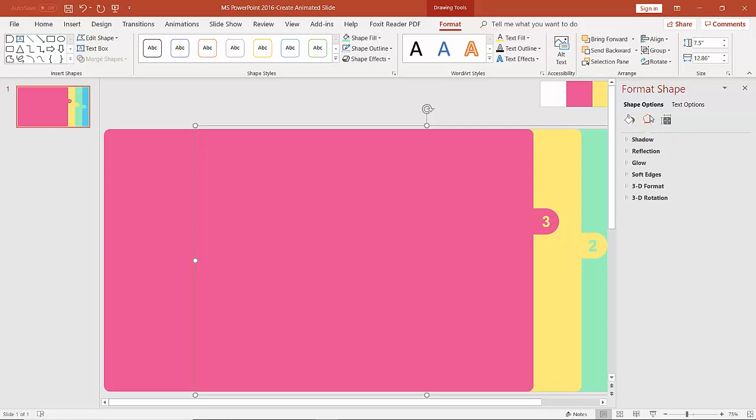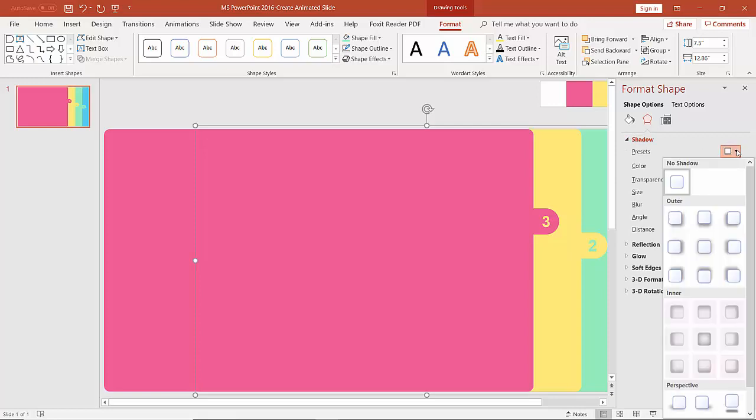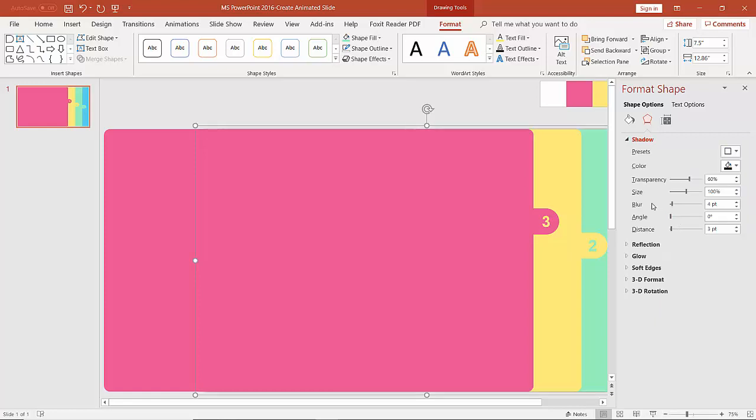Okay, now we need to click on shadow and we can define some presets. So we can click on here and we can choose, let's say, this one looks perfect, or we can choose this one, and I think this one is looking perfect, so we can choose this one. Just click on it, and then we can do some other changes, like we can change the transparency,